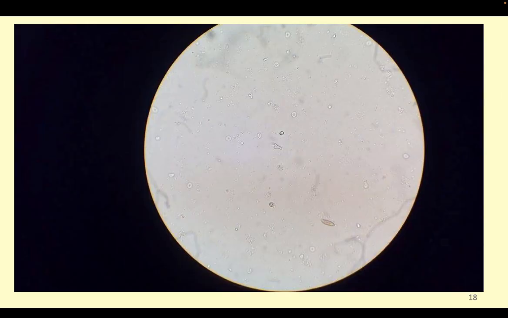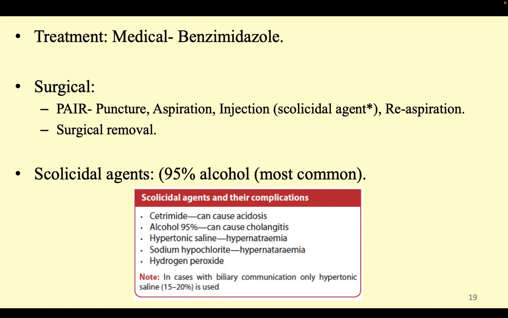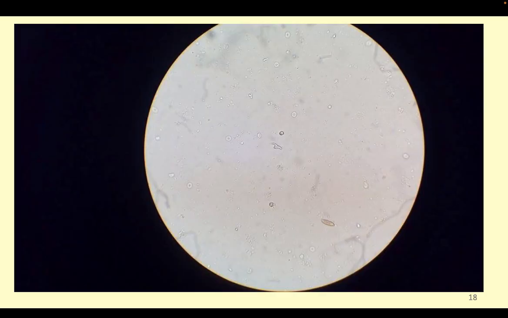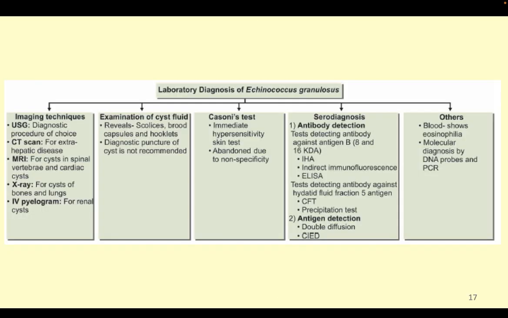I think first we should discuss the clinical features of this infection. The clinical features in case of humans are again non-specific. It could either be an entirely silent or asymptomatic infection, or the person may experience certain non-specific symptoms such as pain abdomen, especially on the right side. If the hydatid cyst is formed in other organs such as lungs, it could lead to cough, or if it is present in brain, then there could be symptoms associated with a space occupying lesion